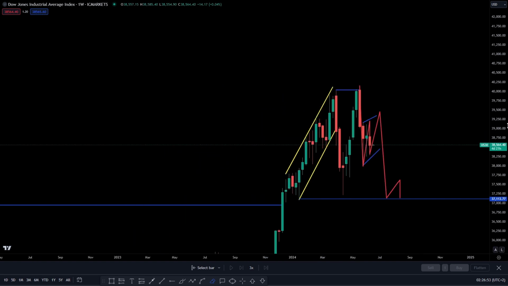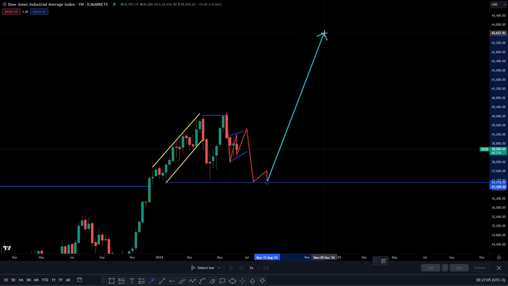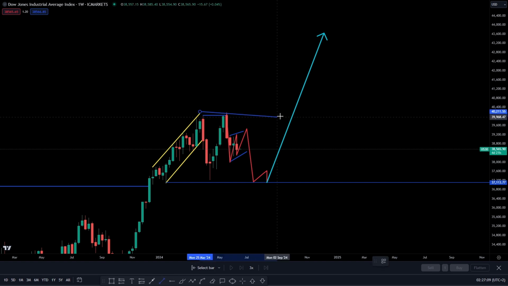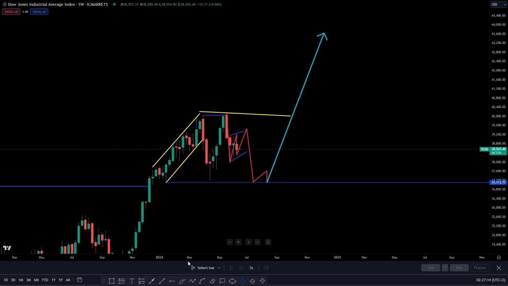Can you see? So you'll understand things properly on the lower time frames, but if the market gives me a third touch, I'm gonna take the sell targeting the low, and once we get to the low, I'm gonna look for those buys. Why? Because the market would have created a